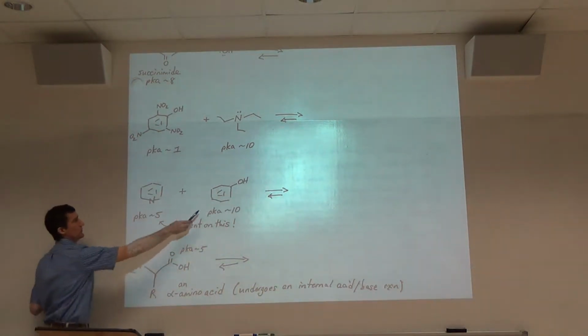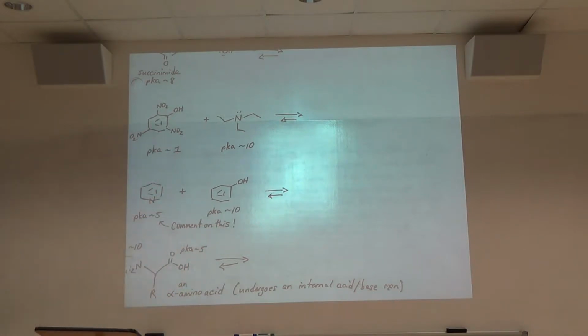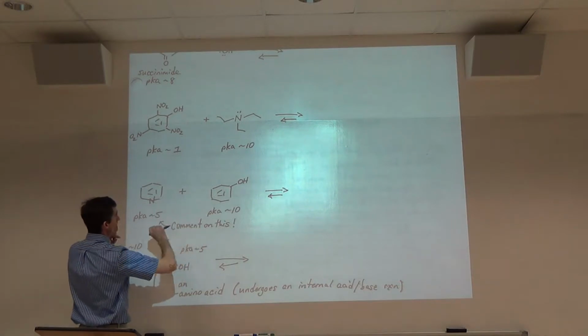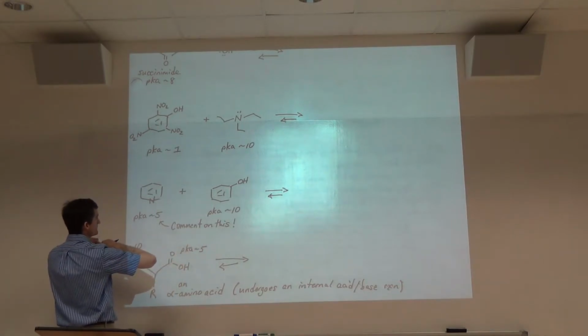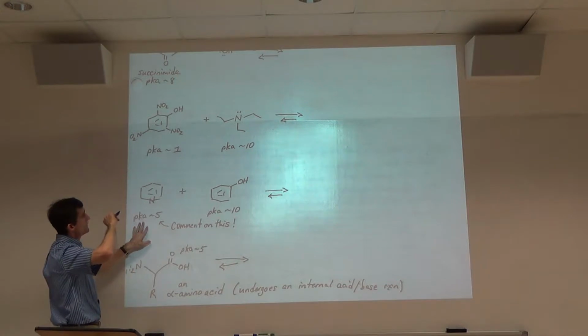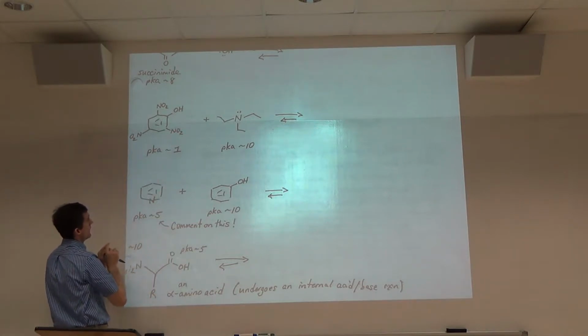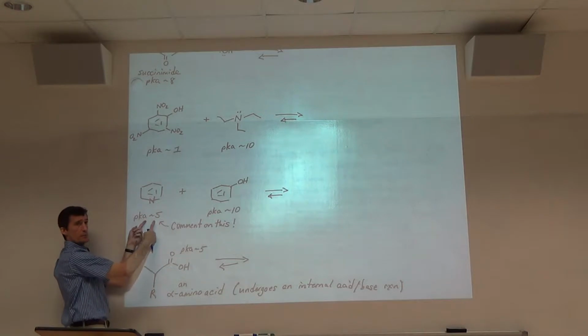See, this is actually phenol without the nitros. So which one's the acid? Phenol. And actually, what you said earlier, Joe, didn't work here. Because up there he said this is more acidic, so that's the acid. Down here, the pKa of 5 looks like it's more acidic. It doesn't have the H or